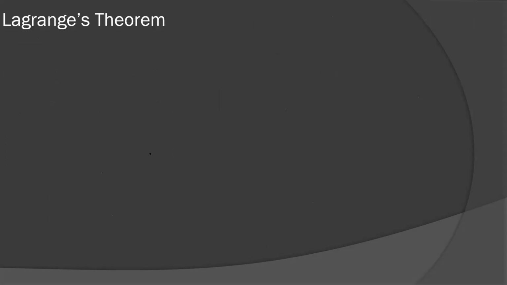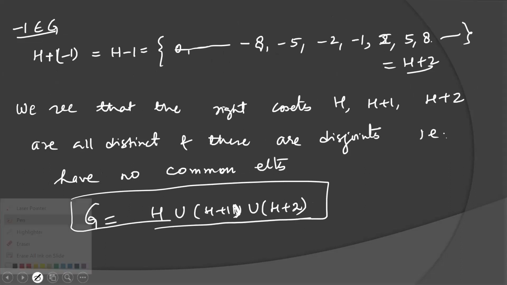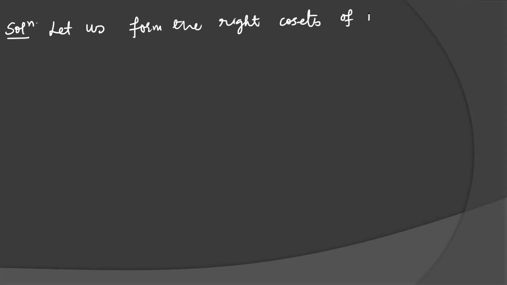Now you want to find the right coset under the permutation multiplication. So we can find like this. Let's see the solution. Here the right coset need not be equal to the left coset because the set of permutations is not an abelian group. So if the group is not abelian, we cannot make any comment over the equality or non-equality of cosets. Write the cosets of H in G.